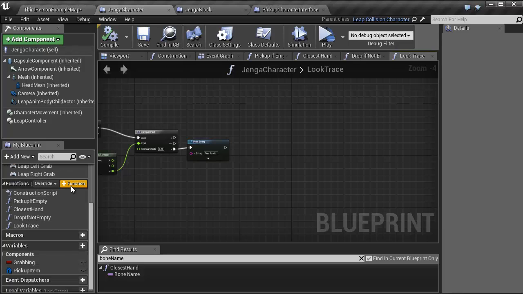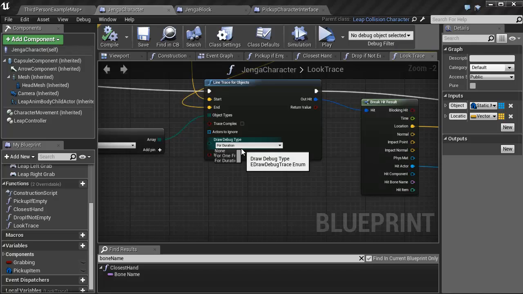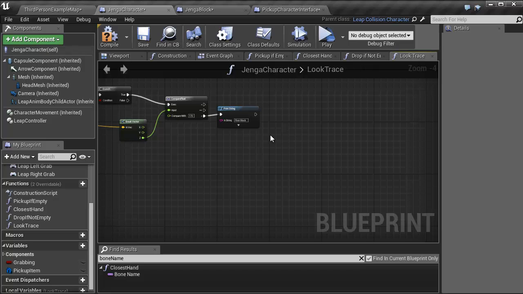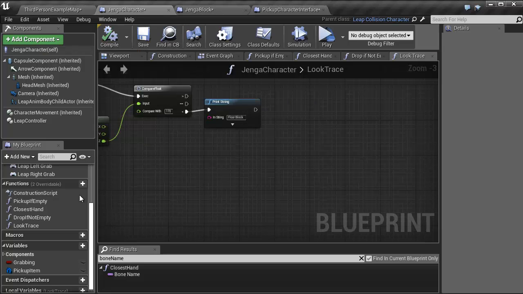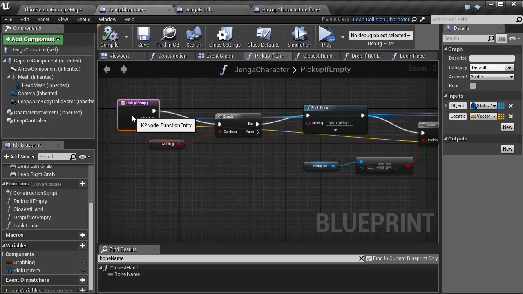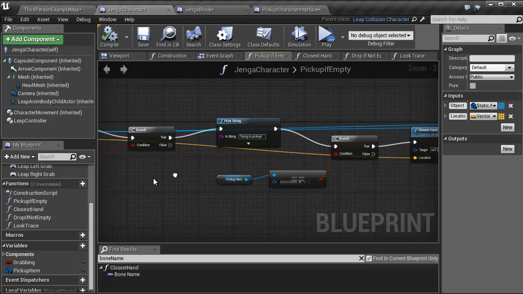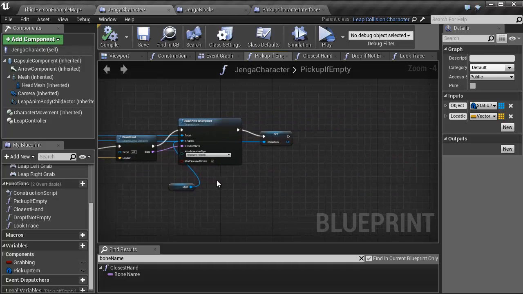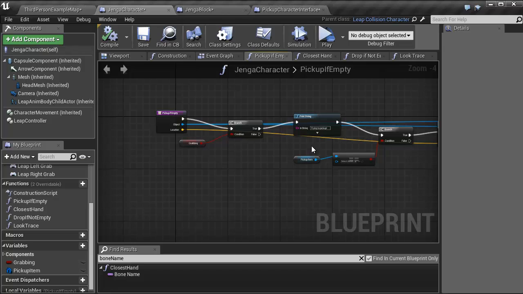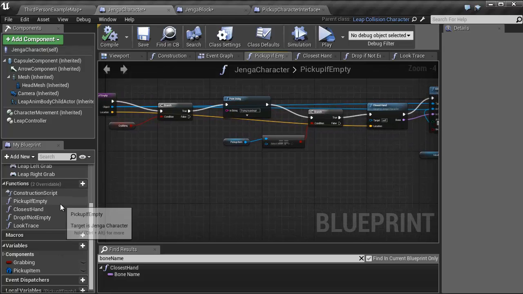And the way we're going to do this is rid of the trace one frame. The way we're going to do this is everything except the grabbing condition. We basically want all of this to remain valid. So what we need to do is make a